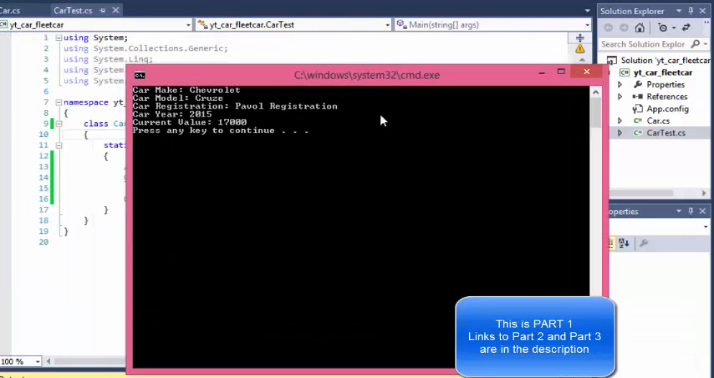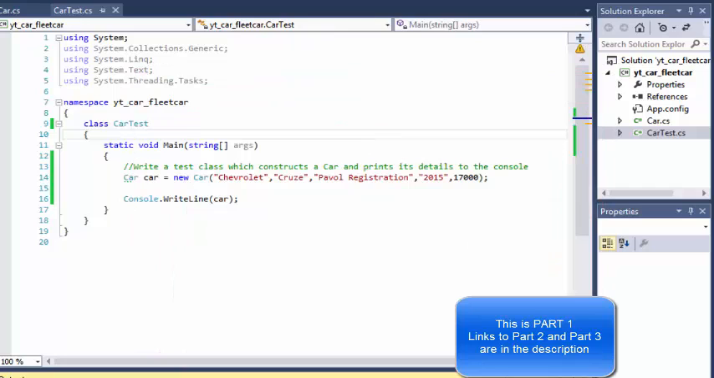So and what do you know? Car make, Chevrolet, Cruise, Pavel's registration, current value 17,000. So alright, that was the